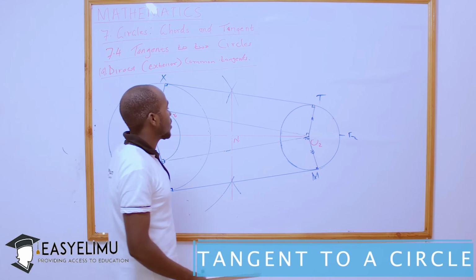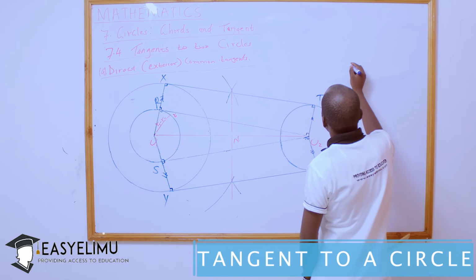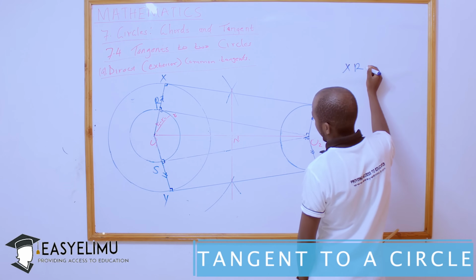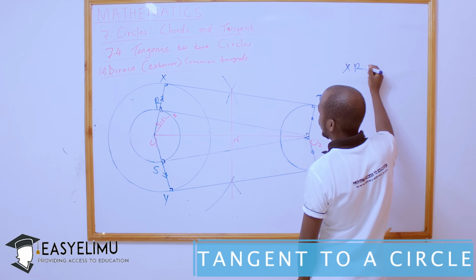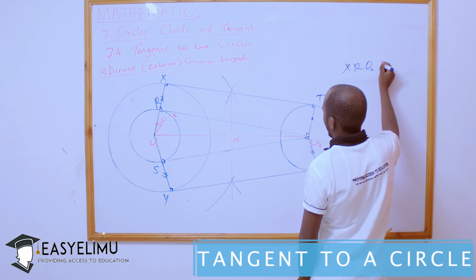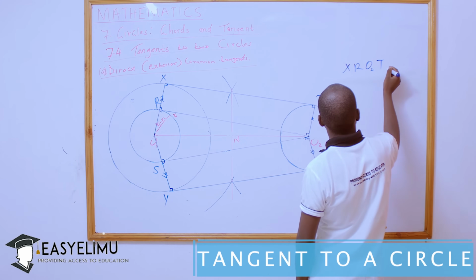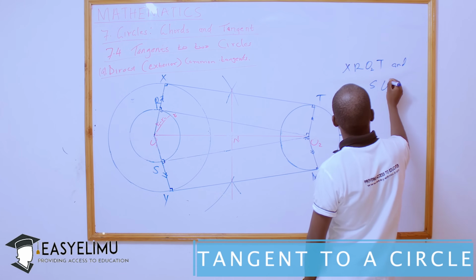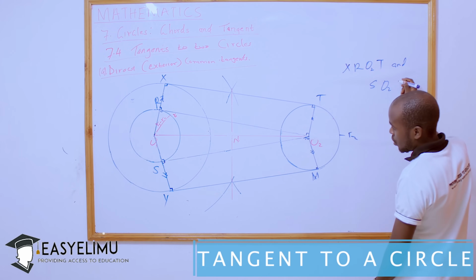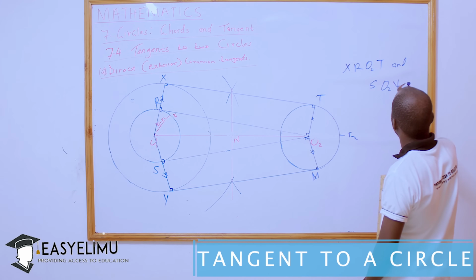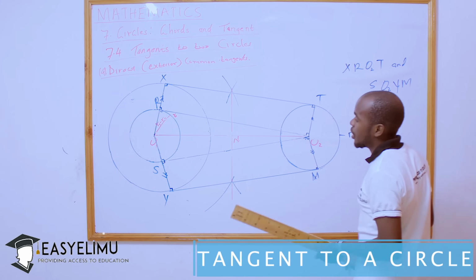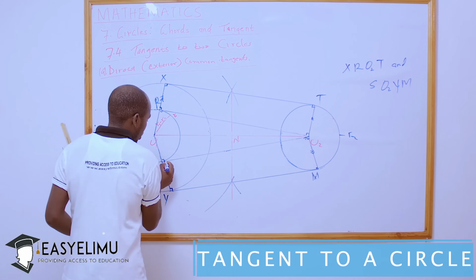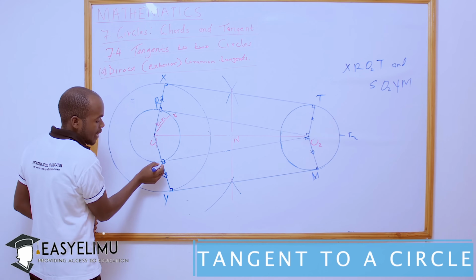We can see that this X O2 T and S O2 Y M we are finding is a parallelogram because it resembles a parallelogram,